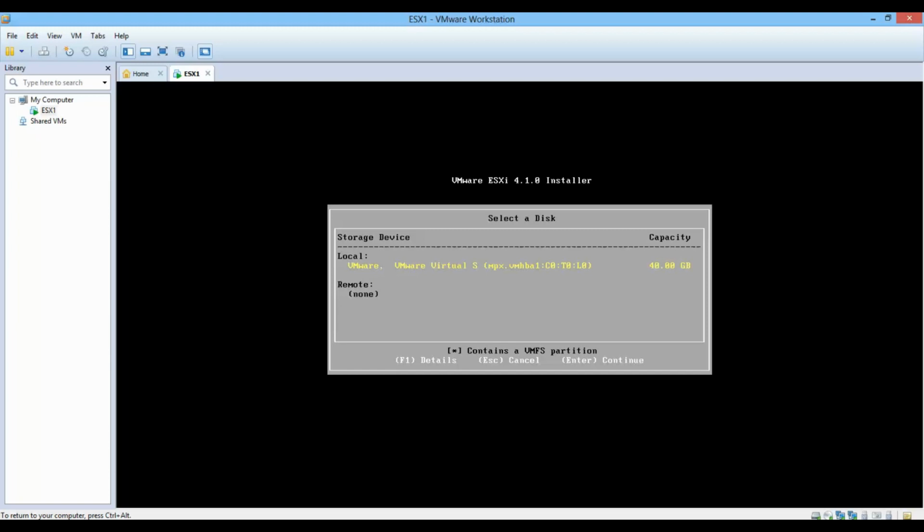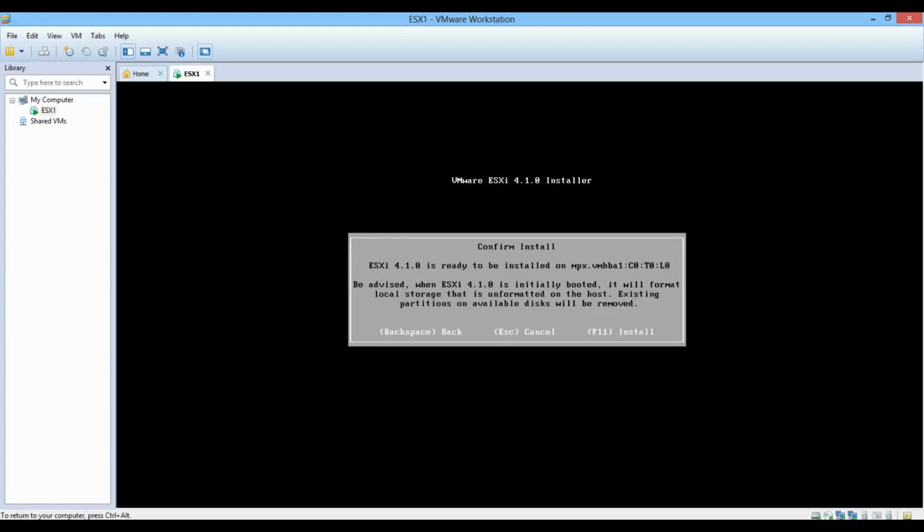Once we select that 40 GB of space, you just hit enter, then the installation will proceed. If you want to accept, then F11 mostly.